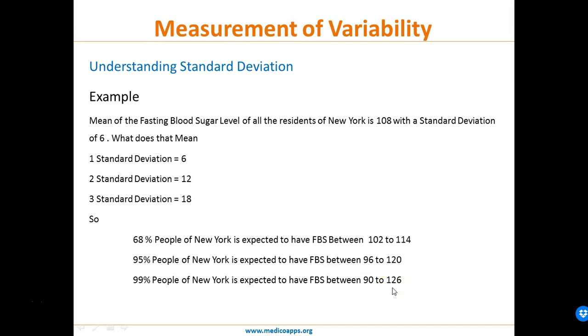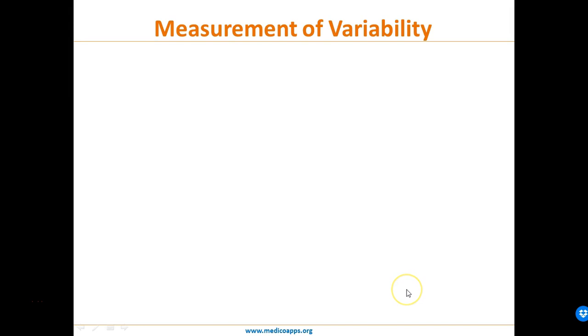So here we use the concept of standard deviation to define that if a person comes with a fasting blood sugar of 135, we can be 99% sure that his fasting blood sugar is not normal, because 99% of the normal people will have fasting blood sugar between 90 and 126. Now,